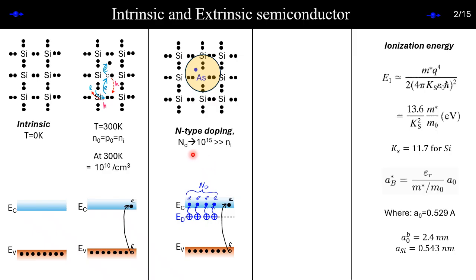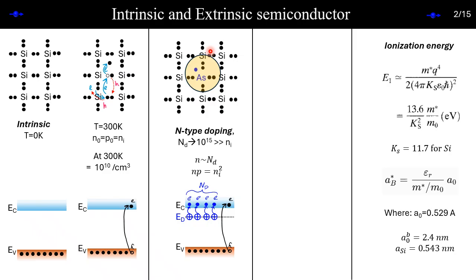That means if the doping density is higher, say 10 raised to 14, 15, the total number of electrons of this system will roughly be the doping carrier concentration. We'll figure it out, we'll mathematically derive it, but roughly. Is this okay? So this material is called an N-type semiconductor, and this is known as an extrinsic semiconductor. N-type extrinsic semiconductor. Any questions?